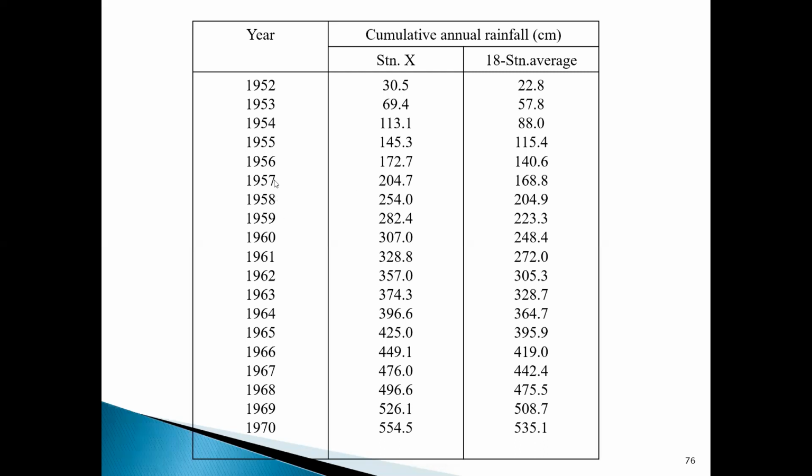204.7. Now, from 1957 to 58, in this particular year, the average annual rainfall or cumulative values of rainfall has substantially increased from 20.7 to 254. There is a sudden jump. So this indicates that in the year 1958, the change in the environment has occurred at this particular station. So then there is a deviation. The consistency up till this point has deviated from the straight line plot in the year 1958. Now we shall plot the graph.